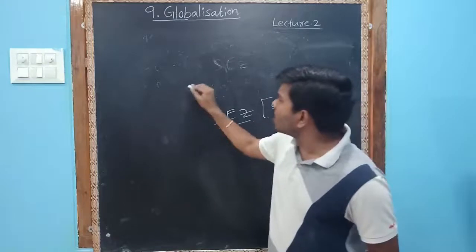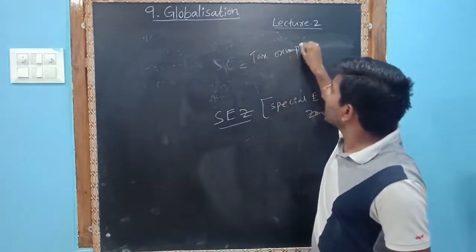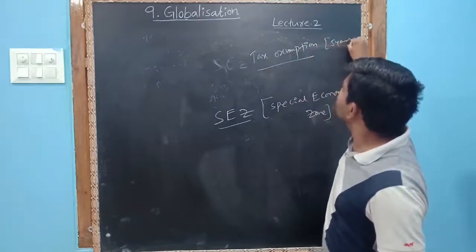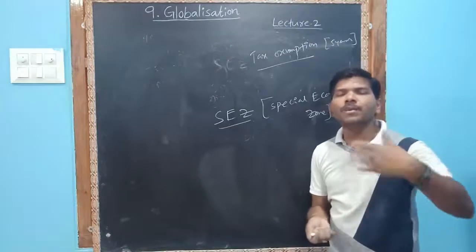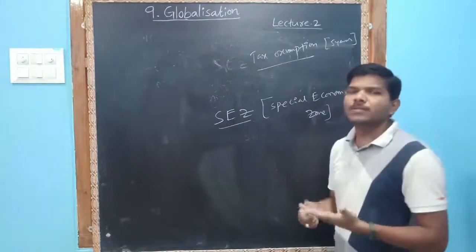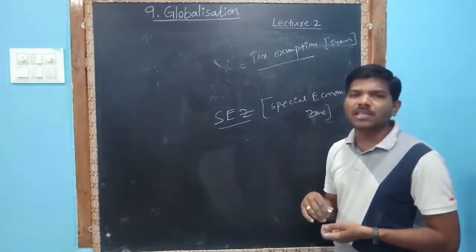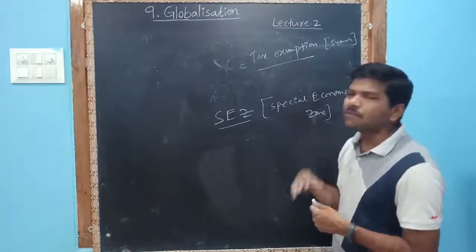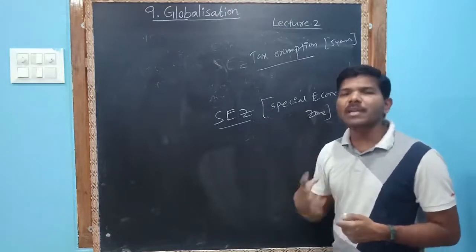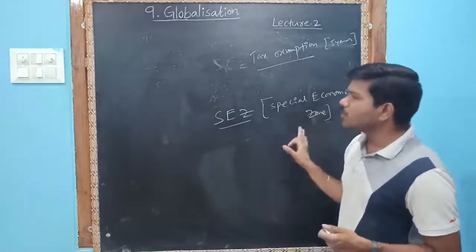Not only that, but also tax exemption was given. Tax exemption for the initial 5 years. For 5 years, the IKEA company won't pay taxes to us because that is under the special economic zone we have created, that you need not pay any taxes initially for 5 years. But after 5 years, they have to pay taxes to the government, then the government will be benefited. So under the special economic zone,